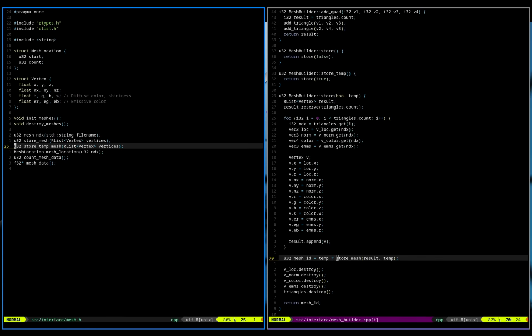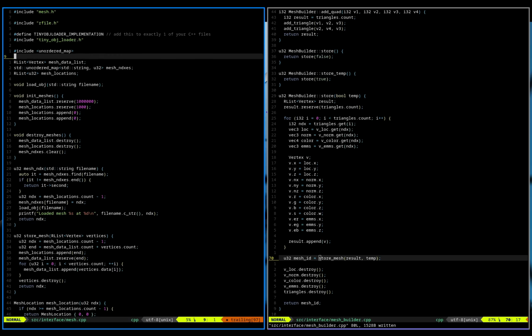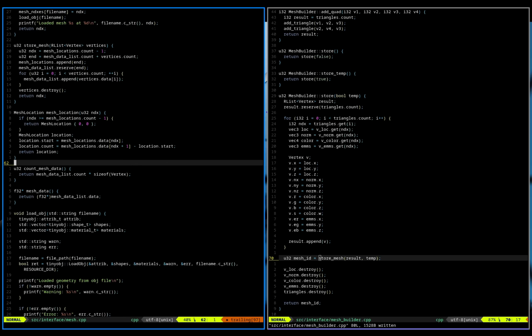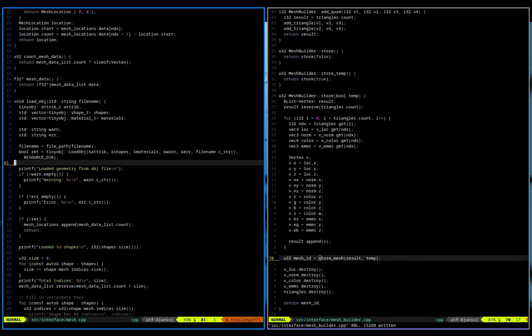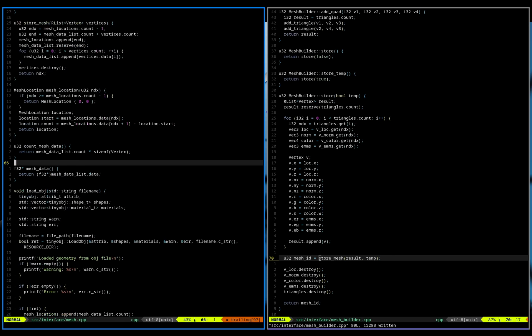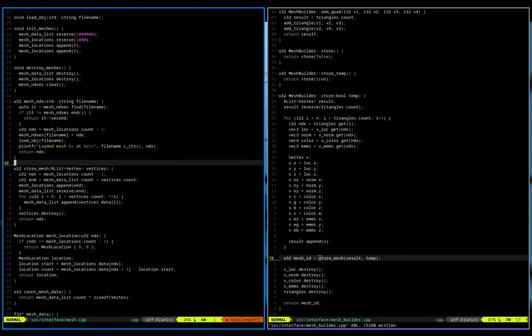Store temp mesh. I don't know, that Boolean is going to be... there's this argument about clean code and how to write your code, and I certainly don't think that my code is any good, but